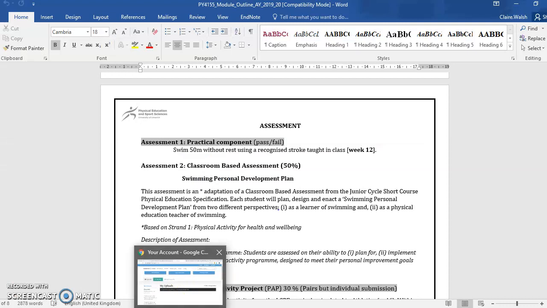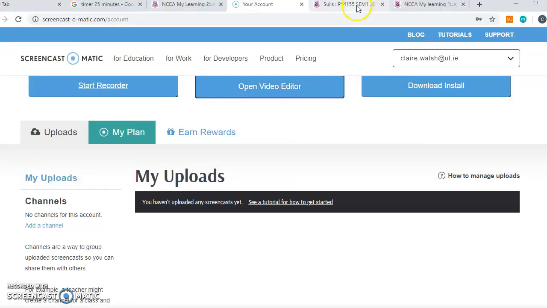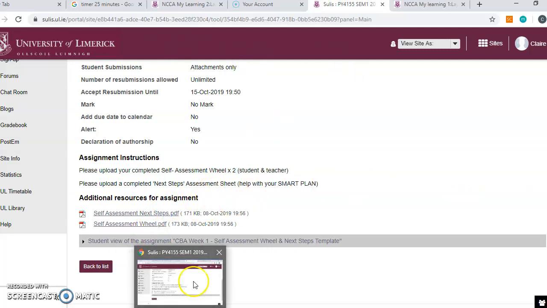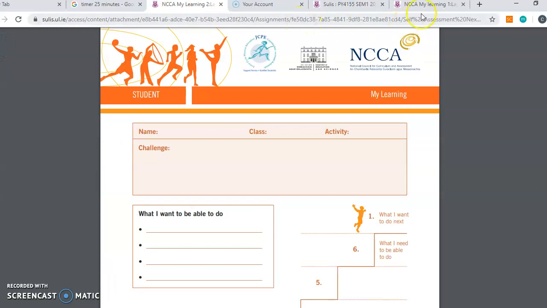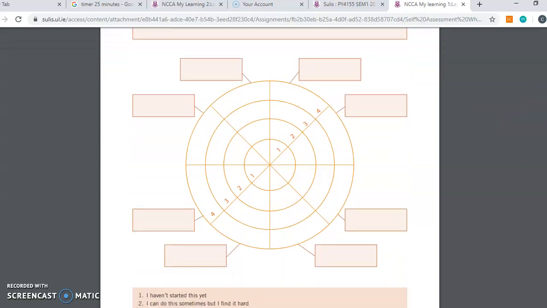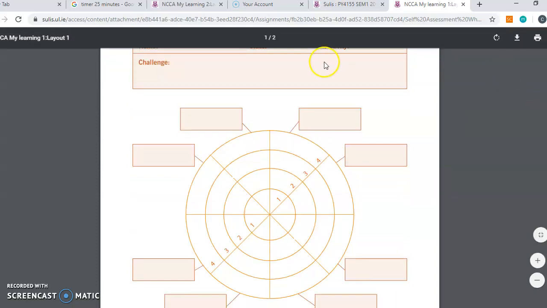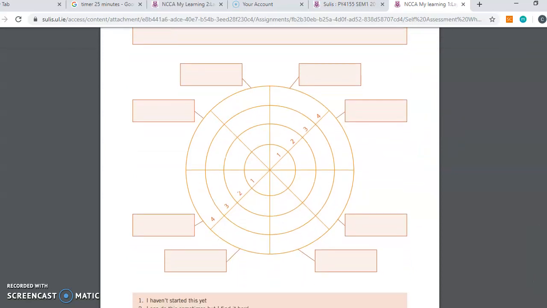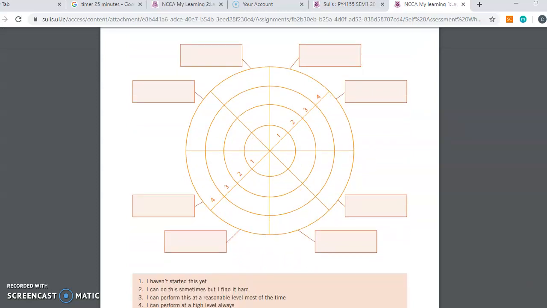So if we go to, sorry, I'm just going to go up here. This is the first thing. It said that you had to do your self-assessment wheel and your self-assessment next steps. This was developed by the JCPE many moons ago when they started. Basically what you do is you put your name, and you can put in swimming there. And these little boxes here, you put in different elements. I outlined the front crawl, the backstroke, your water confidence, breaststroke, water safety, whatever it was, and